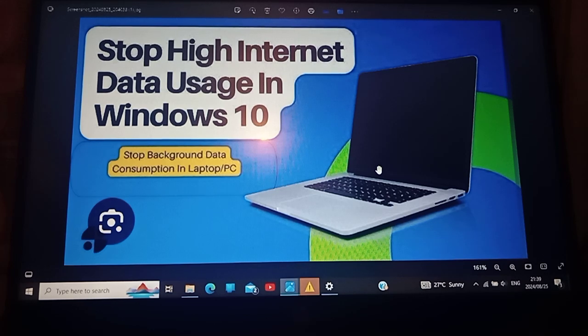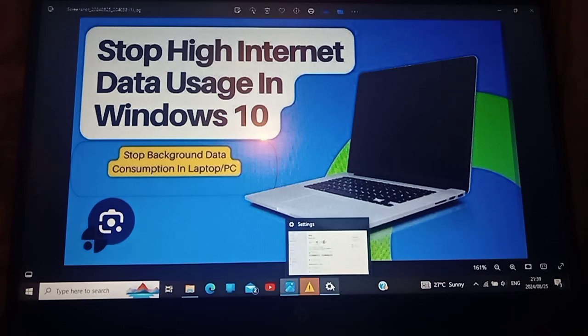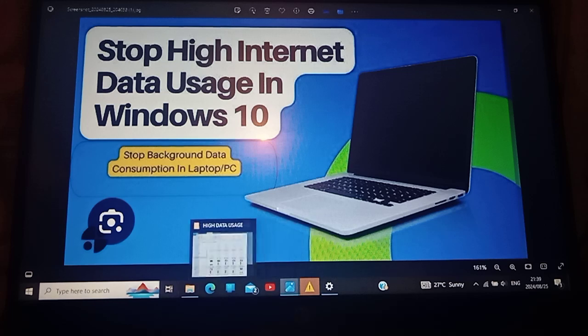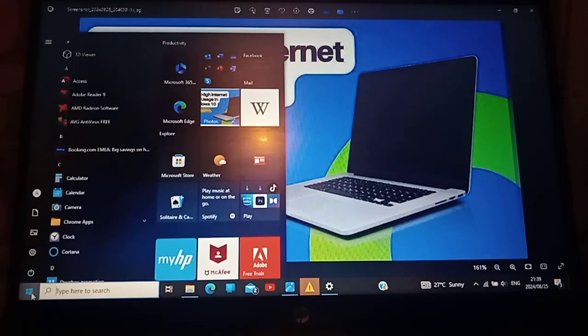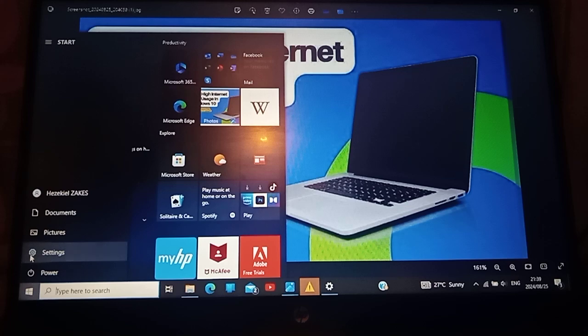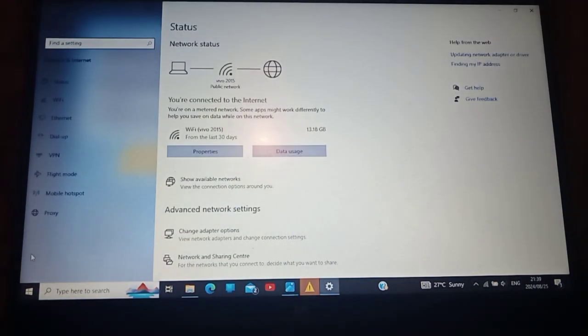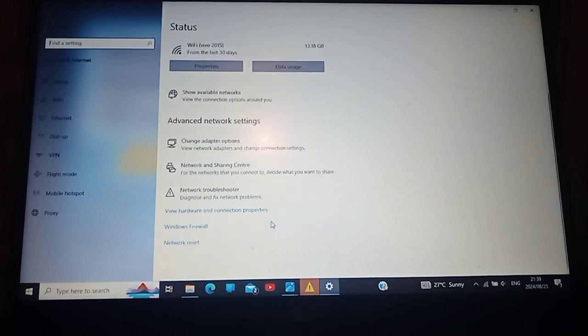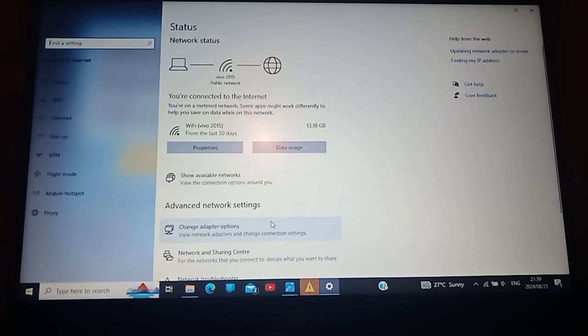So now we are simply going to go to the settings. Next to the search bar on the Windows, you click, and after clicking on that, you see we have settings here. You go on settings. So when you are on settings, like this,